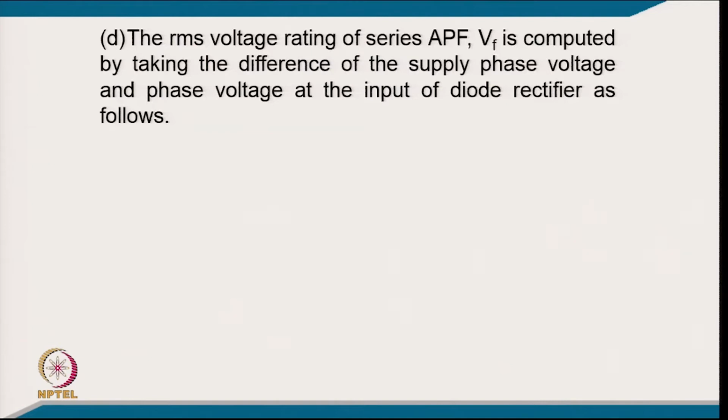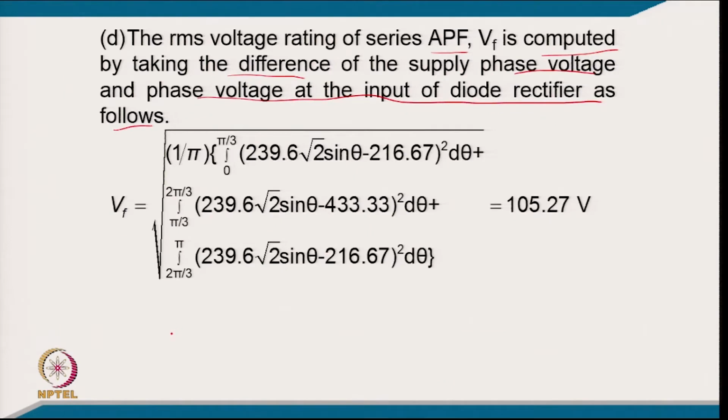So, the RMS voltage rating of the series active filter VF is computed by taking the difference of the supply phase voltage and the phase voltage at the input of the diode rectifier as follows. Since that waveform is symmetric about the half cycle, we can take 2 upon 2 pi, and take only the half cycle. For 0 to pi by 3, it is the sine wave of 239.6 root 2 sin theta minus VDC by 3,